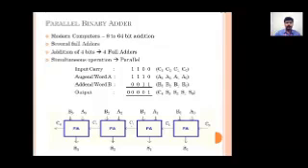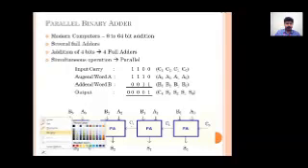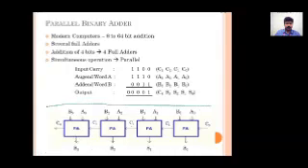As you can see on the screen, I have shown the 4-bit parallel adder block diagram. It is a general block diagram of a 4-bit parallel adder circuit. 4-bit denotes that each input has 4 bits, that is, A has 4 bits and B has 4 bits. In order to have a better understanding, I have taken an example, that is, A value is 1110 and B value is 0011.